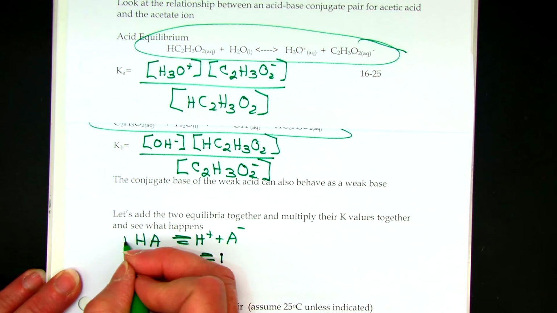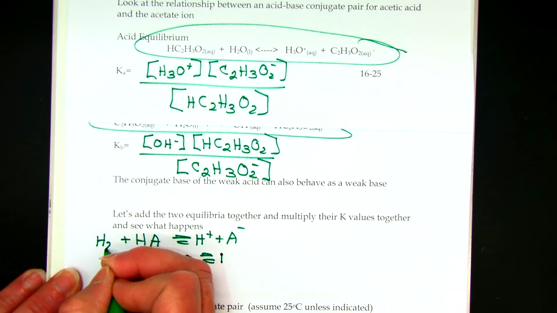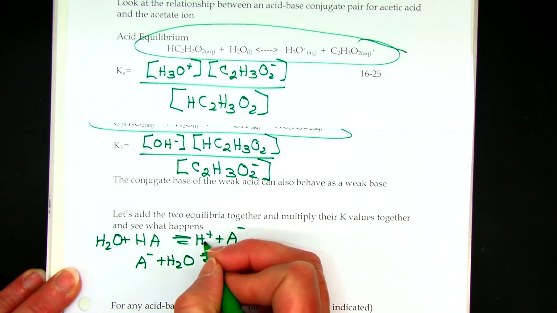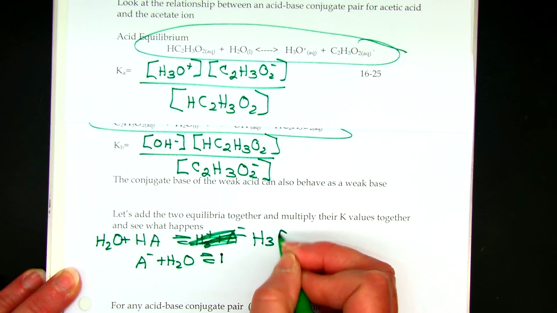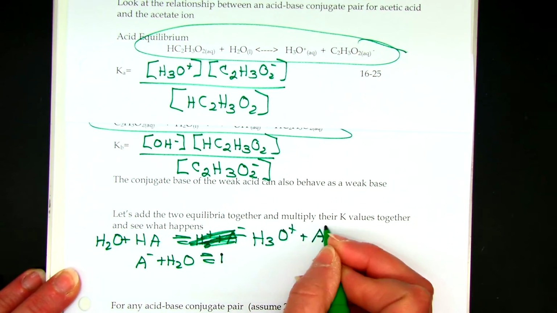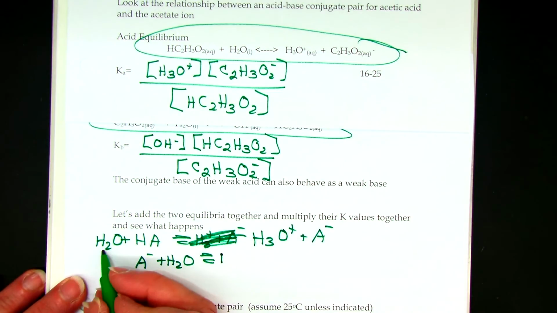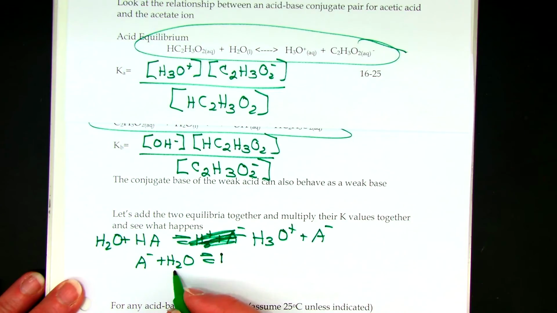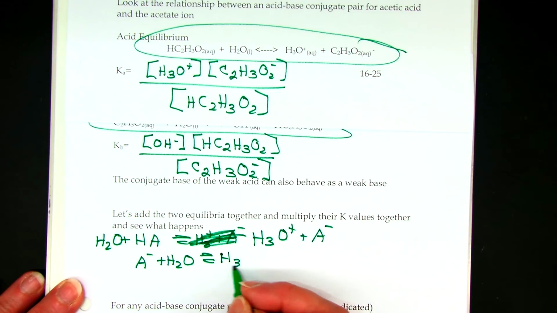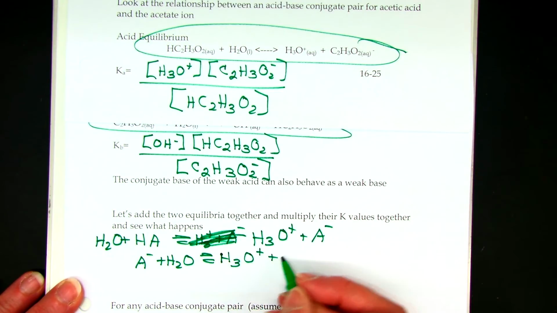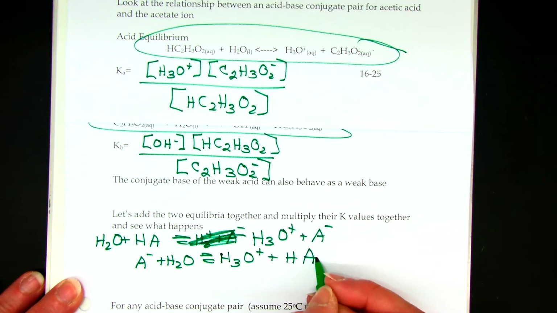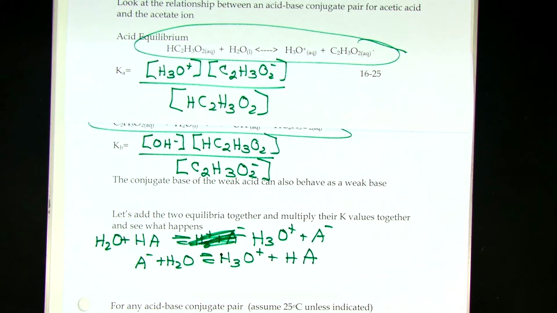Well, I guess I should add water here too, otherwise this doesn't work. So I'm going to make this H3O plus, and then add the water there. Then A minus plus water is in equilibrium with HA. So now, if we add these two equilibria together,